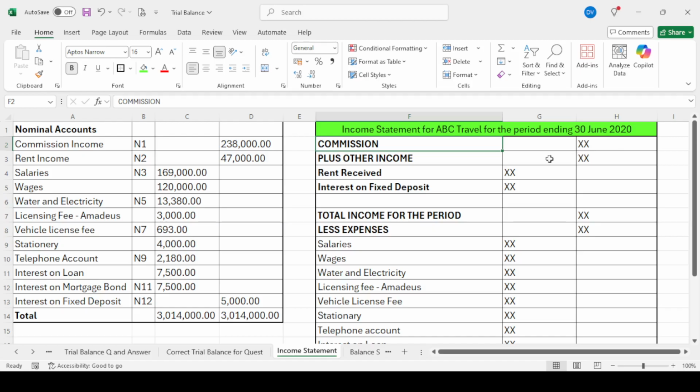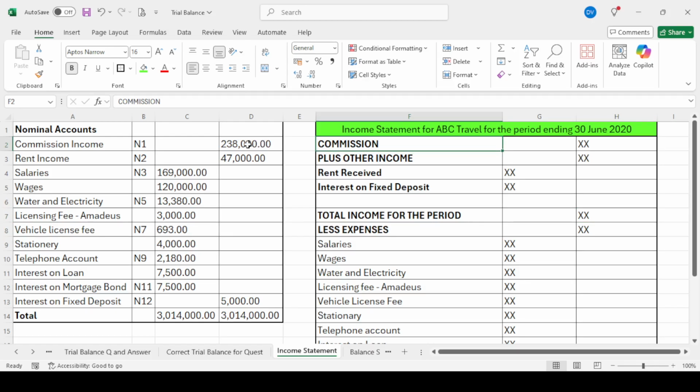Before I start with that, you will see there's two columns that you get to use. The column on the right is mainly for totals. And the column on the left is for balances or totals, but you're adding them up and putting them on the right side. Okay? So you'll understand better once we put in the values. All right. The first thing that you'll insert is commission.